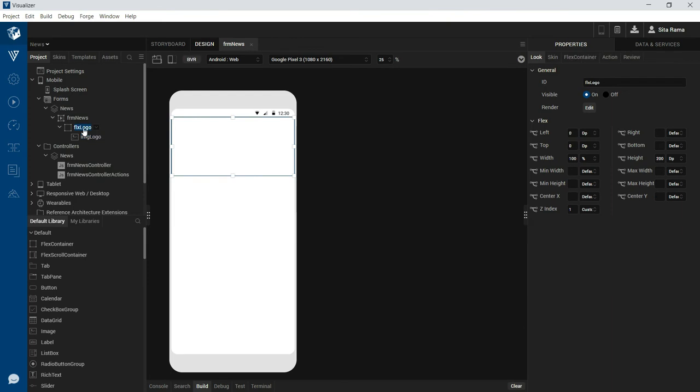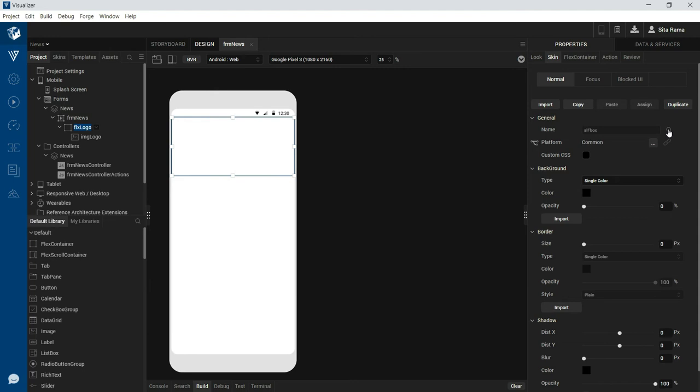For the flex container that we have used, I am applying one of the skins that we have created under the flex container type of widget.